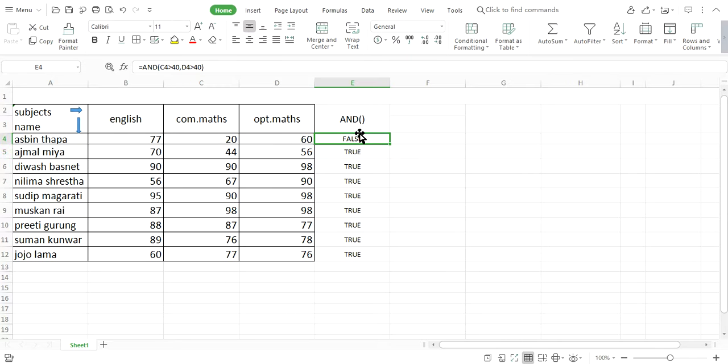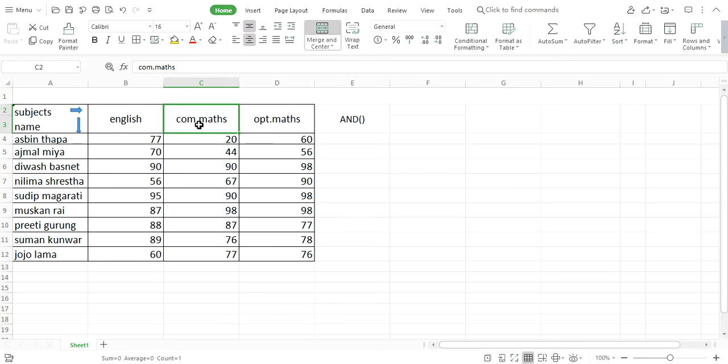Let me clear all this and use this function with another example. I want to print the result as good in mathematics if both subject marks, compulsory math and optional math, are greater than 40.